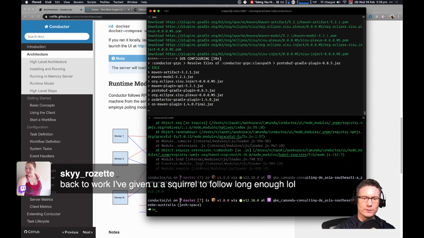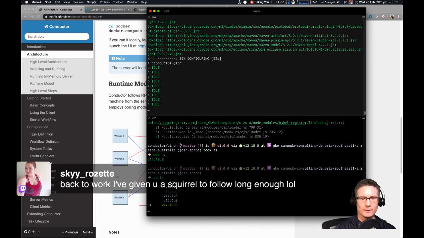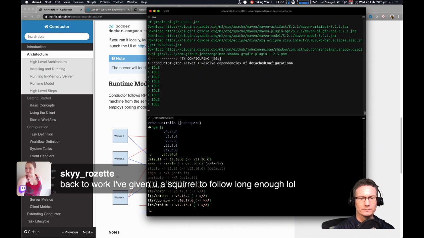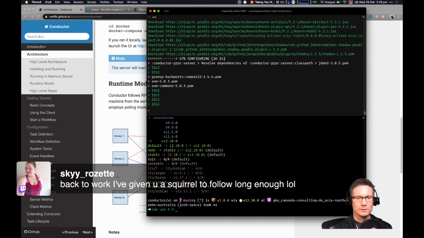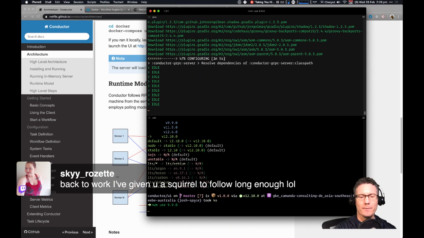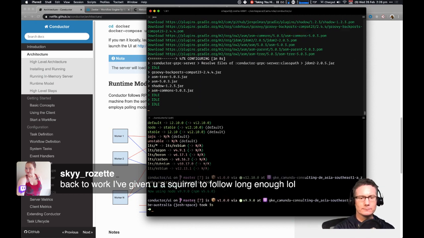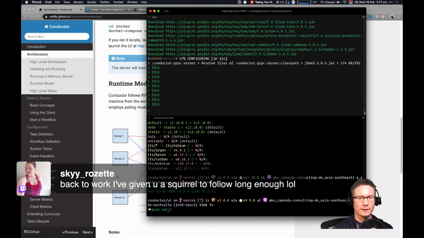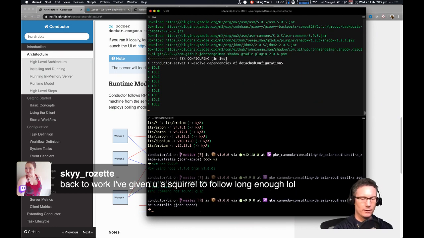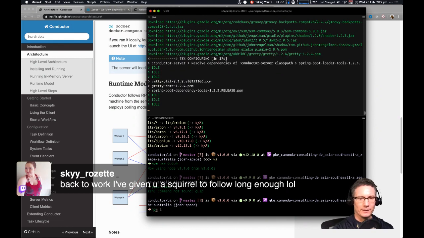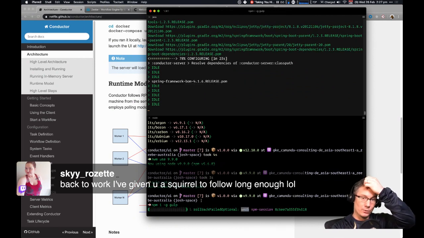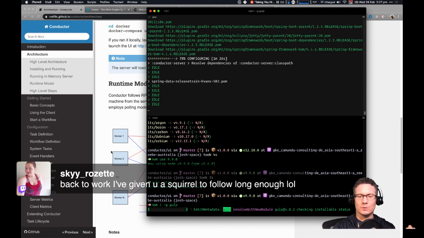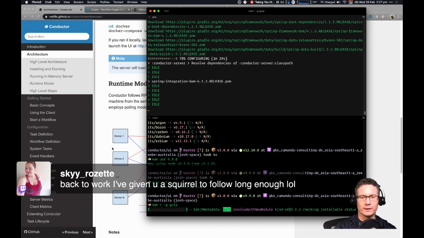I'm using NVM, node version manager. So if I go NVM list, let's try it with 9.9. So if I say use 9.9.0, see if it works with that. Okay, got watch. So I now have to install Gulp, because when you switch node versions, any of your globally installed packages don't work. This was one thing I did notice about Conductor: because it's an internal project at Netflix, there's not really any drive for them to keep it up to date.